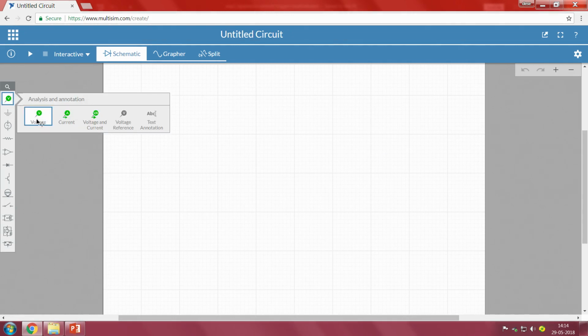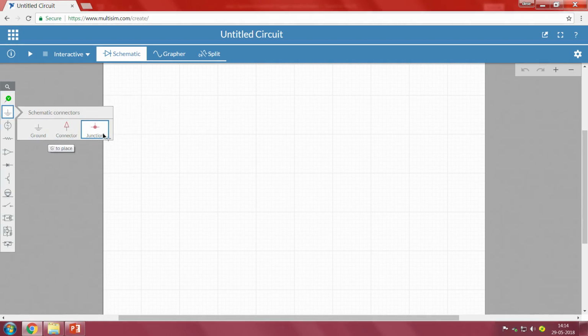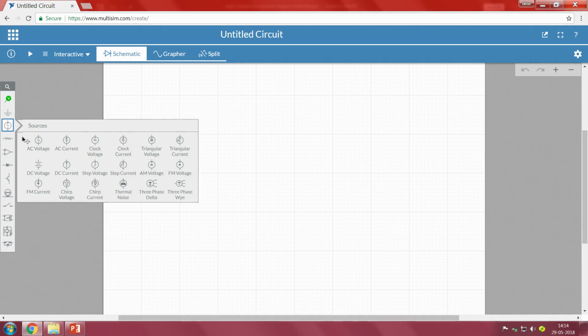So, if you want to measure voltage or current, both voltage and current, and if you want to connect any ground reference points, and different types of sources, okay,